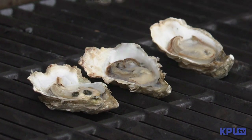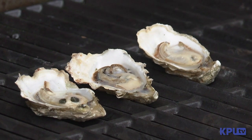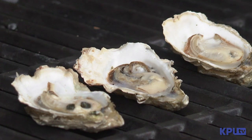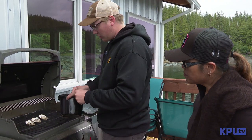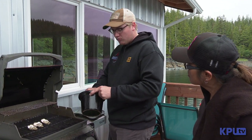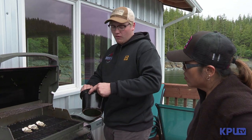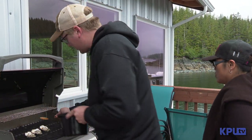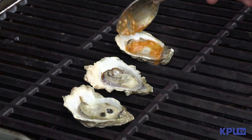But when they start bubbling like that, you can see. I still do want to keep a little bit of that water in there. While they're still hot on the grill, it's good to just reheat that sauce as we bring it from the stove out here. It can get chilled, so I always like to put it right on there. Oh, that looks